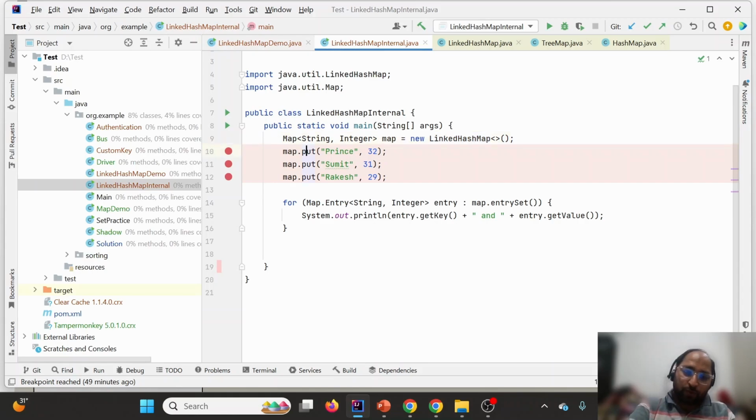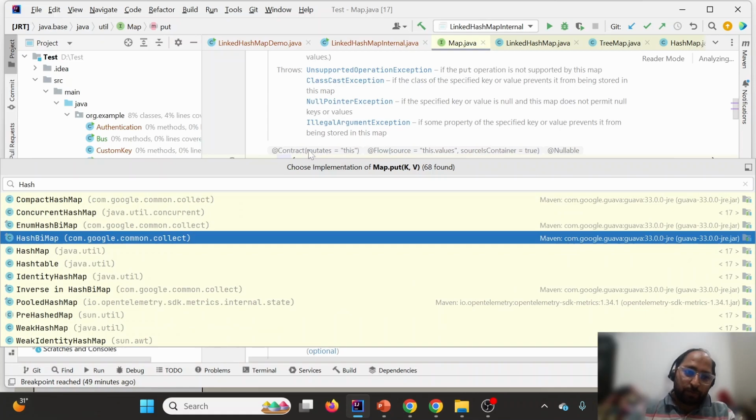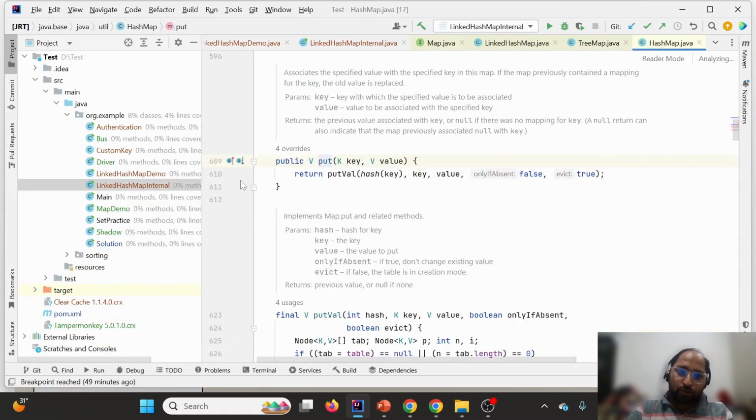Right now, I'm going to put a breakpoint at the HashMap put method. But before that, I'll run it in debug mode first.